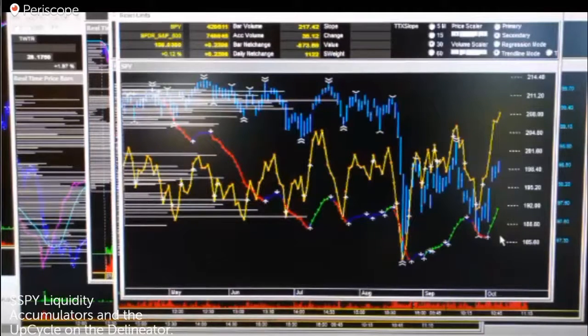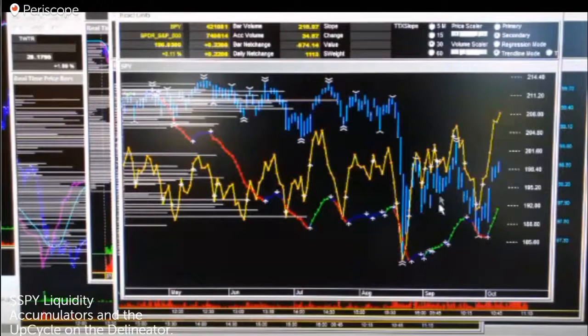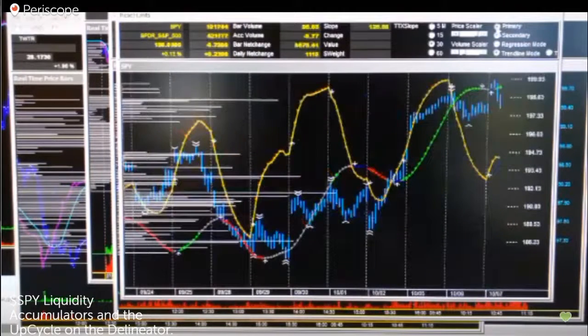We don't use moving averages. We don't use channels. We don't use trend lines that are drawn diagonally. We use trend lines that are drawn horizontally, because we know that trading algorithms will move to whatever the current range is on whatever time frame, and you would expect the price to hold those levels for at least a few minutes. And if you're trading 50-cent ranges, as I like to do and teach people on my journal,